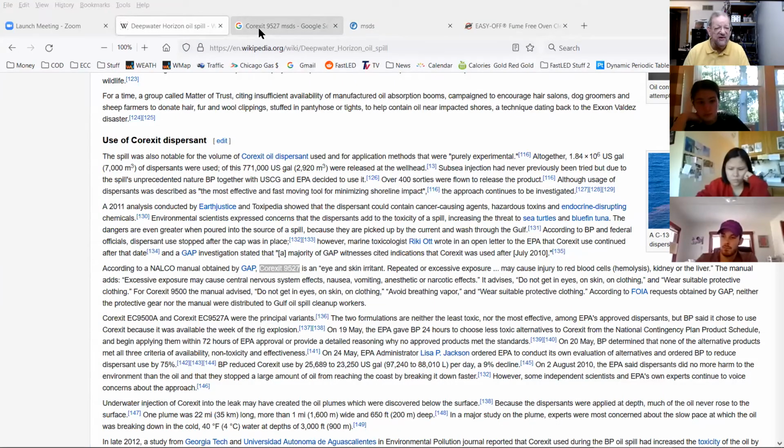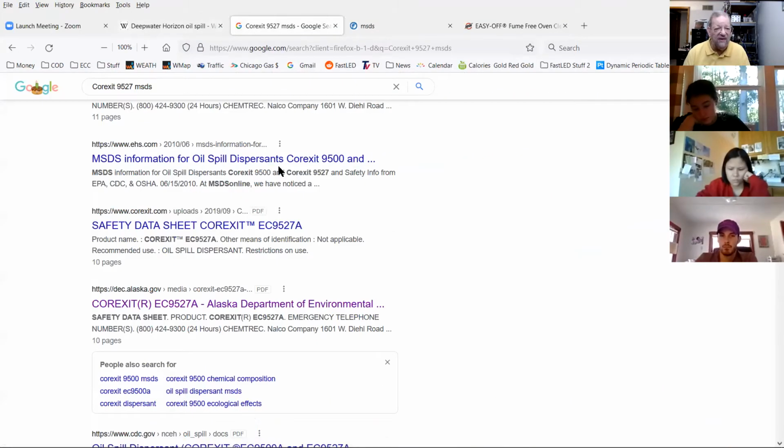So I'm looking at this and asking, what the heck is Corexit? What's in there? They're putting millions of gallons into the water. I hope it's safe. Well, what did I do? I went to the internet and looked up the MSDS for Corexit